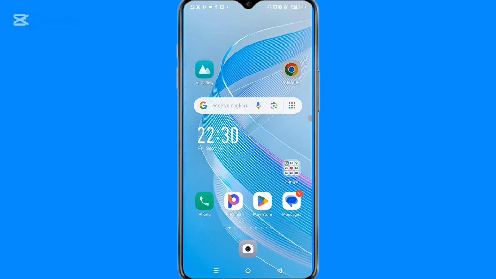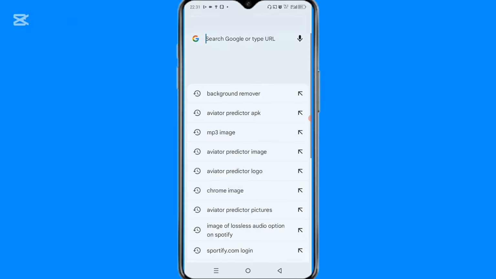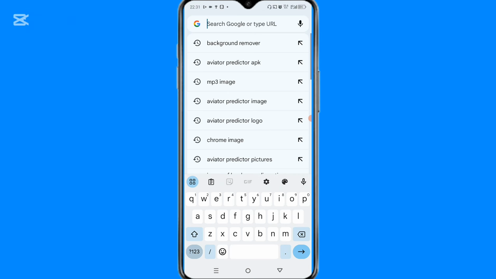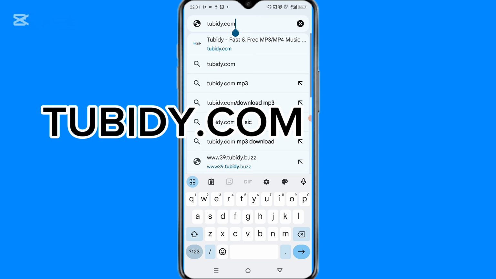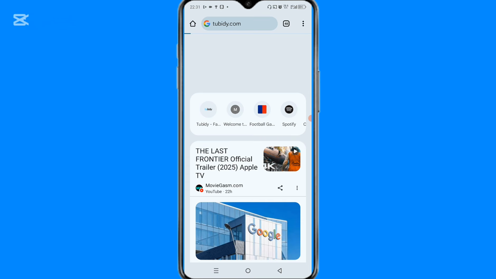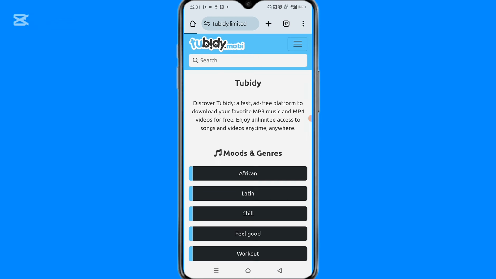Click on this, type in tubdd.com. So right here on this new website, all I have to do is to choose the modes or genres